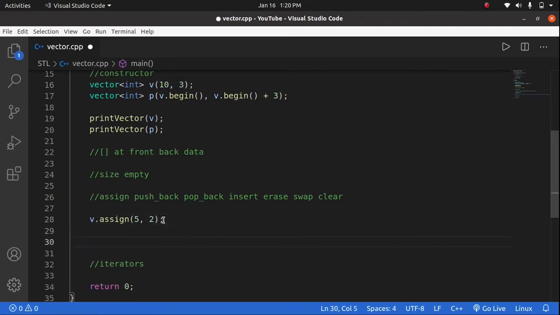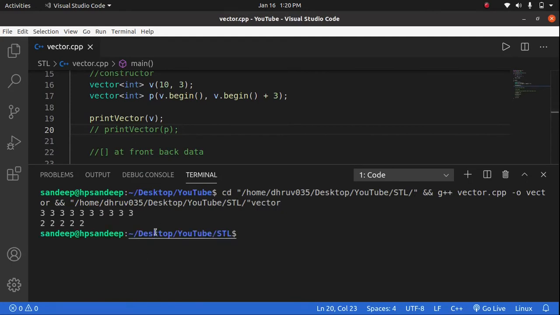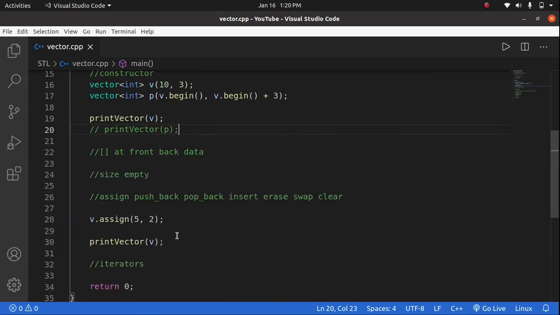So let's print the vector v. Okay, let's see. So let's comment out the p. If we run this, we can see it was printing 10 3s, and we have overridden it with 5 2s, not only the value but the size also. Okay, so this assign overrides it.